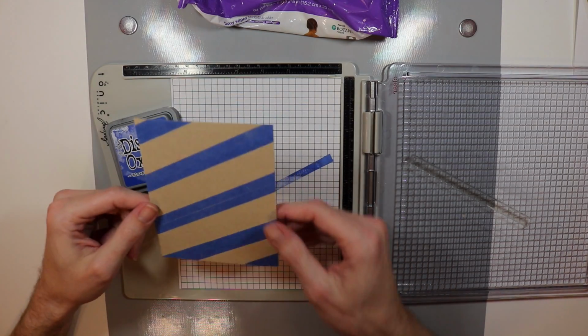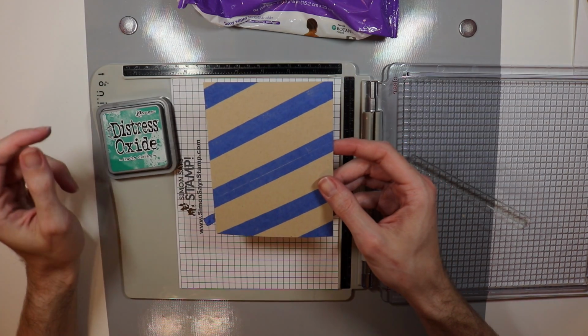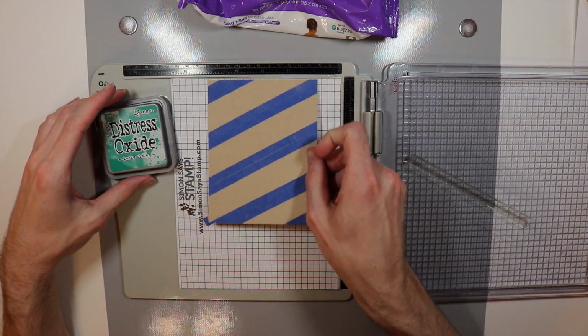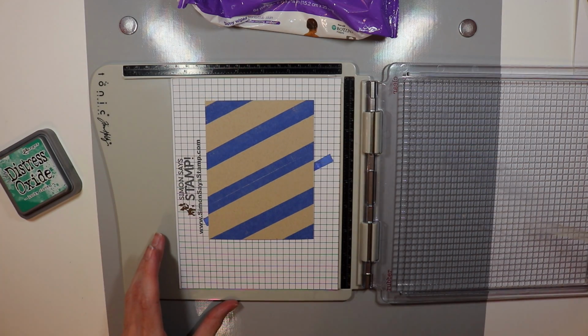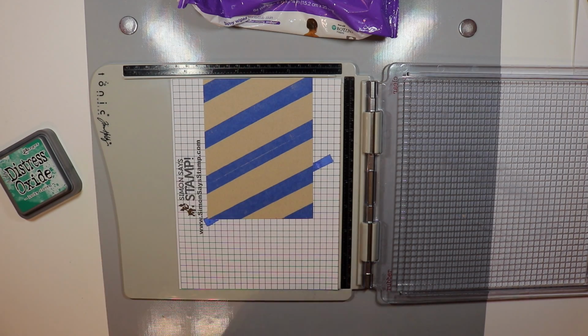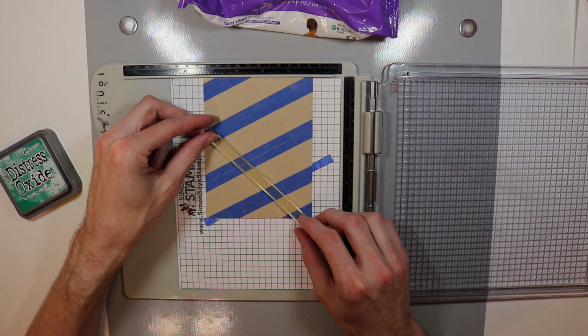Alright, now that I've finished with the Blueprint Sketch, I'm going to go ahead and move on to the Lucky Clover. I think this color will work well with the blue, but remember, in order to get the plaid look, we're going to have to flip our stamp now, because we want it to go in the opposite direction, and I'm just going to put that up there, and we want to go perpendicular